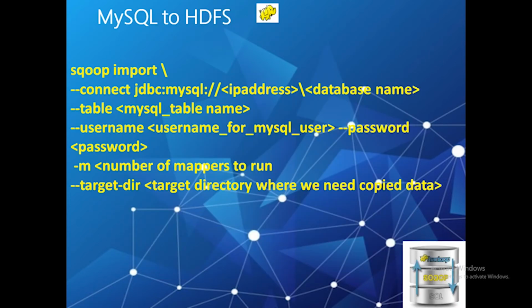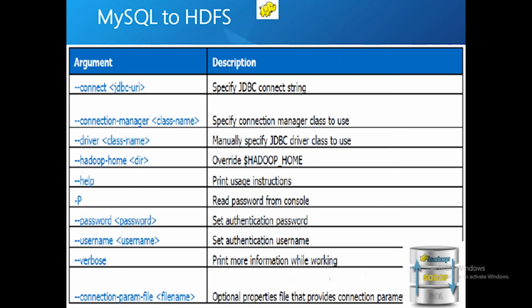And this is the command used to import a MySQL table into HDFS. You can see the various options in front of sqoop import. Your command will start with sqoop import, where import is the subcommand that instructs Sqoop to initiate an import. Then after sqoop import there are some arguments: --connect, --username, --password. These are the connection parameters that are used to connect with the databases. --table is the parameter that specifies the table which will be imported.